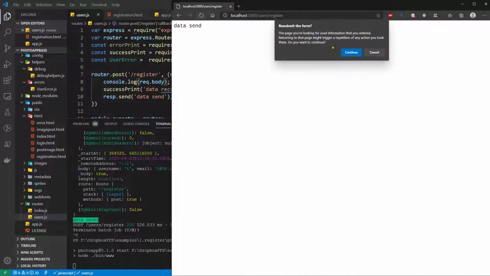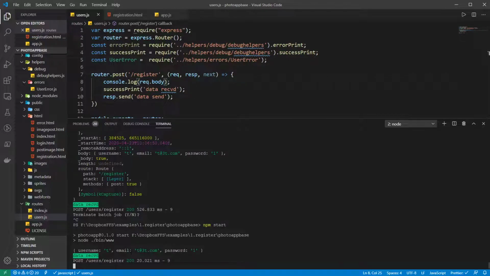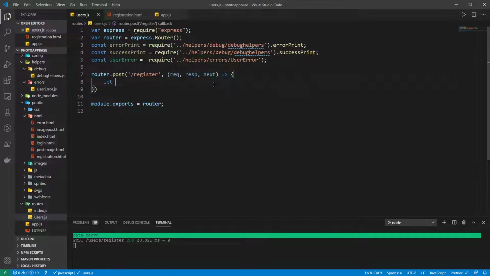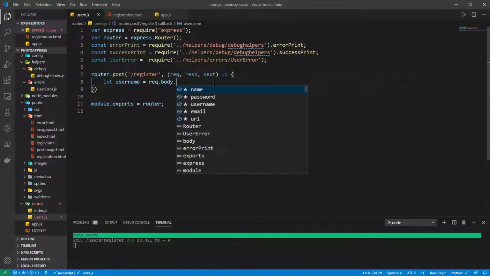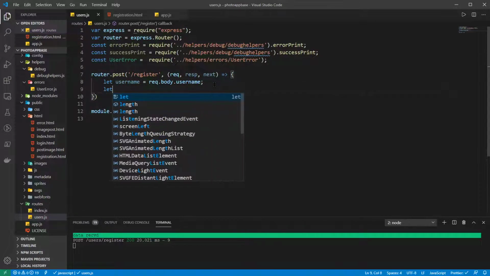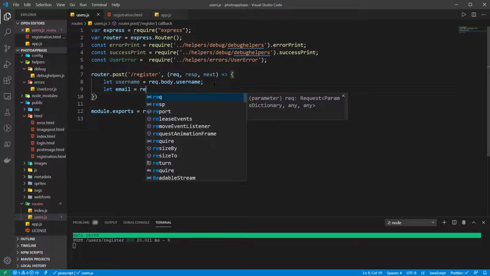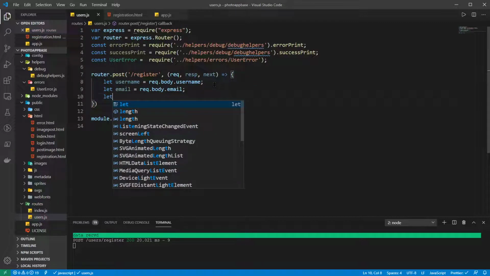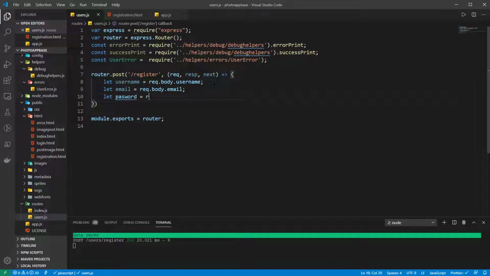Come back here. And then we just have the object. So now we're going to use this object to make a new user in our database. So what we're going to do now is extract the values out. So we'll let username equal request.body.username. Let email equal request.body.email. Let password equal